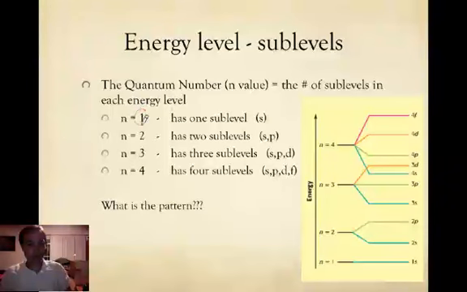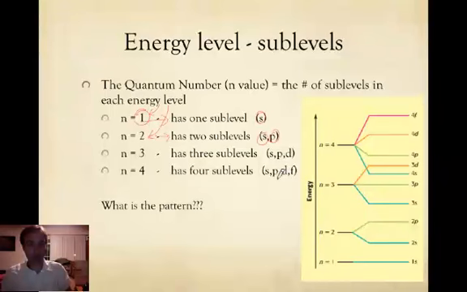So in other words, if you're in energy level 1, you have one sublevel. And it turns out that we call that sublevel the S sublevel. If you're in energy level 2, you have two sublevels, the S and the P. Energy level 3 has 3 sublevels, S, P, and D, and energy level 4 has 4 sublevels, S, P, D,